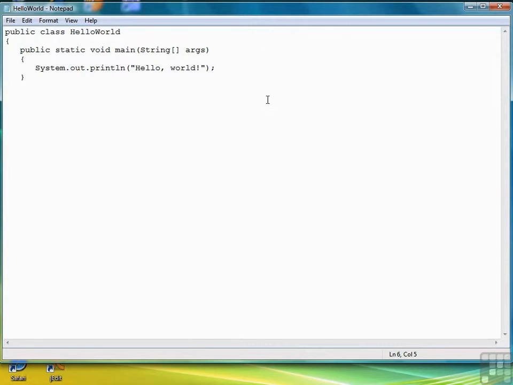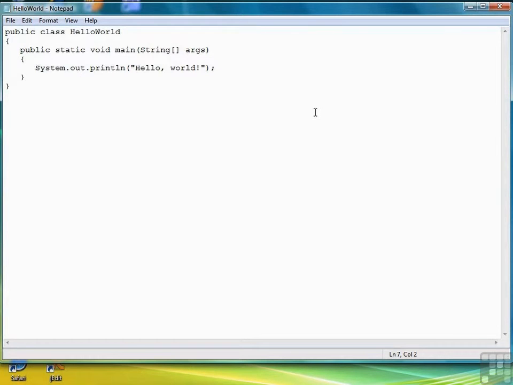We close the block with a closing curly brace, and then we close the class definition with another closing curly brace, and that finishes up the program, and that's all we have to write. And again, it's okay if you don't understand what every single piece of this means. We'll be discussing it a lot more throughout the course, but this is what we have to have a working